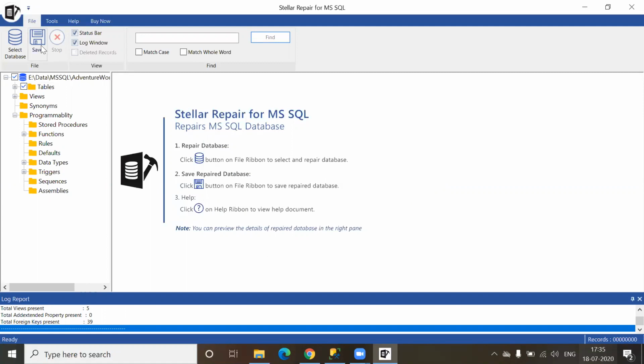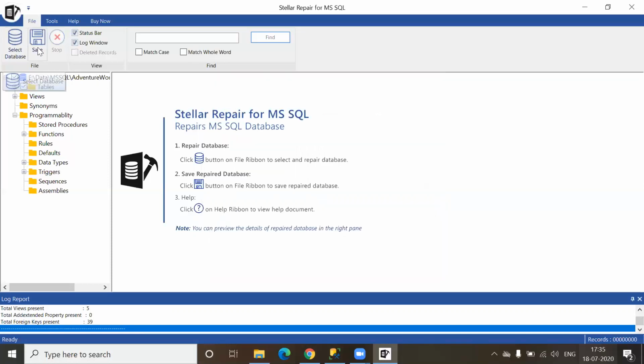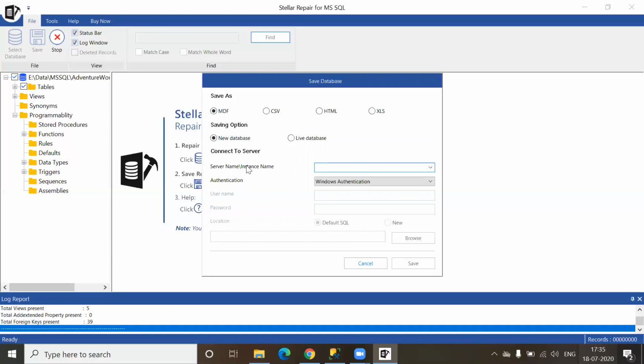But if you don't want to touch the same copy and you want to keep it and create a new database, a new .mdf and .ldf file which will be the repaired one, then all you have to do is click on save and then save as MDF, with the saving option new database. You can use the existing database also. In that case, you'll have to click on live database, but I'm going to use new database.